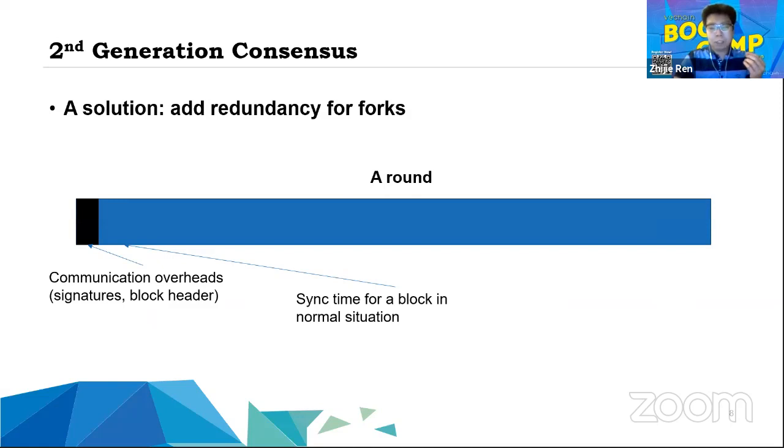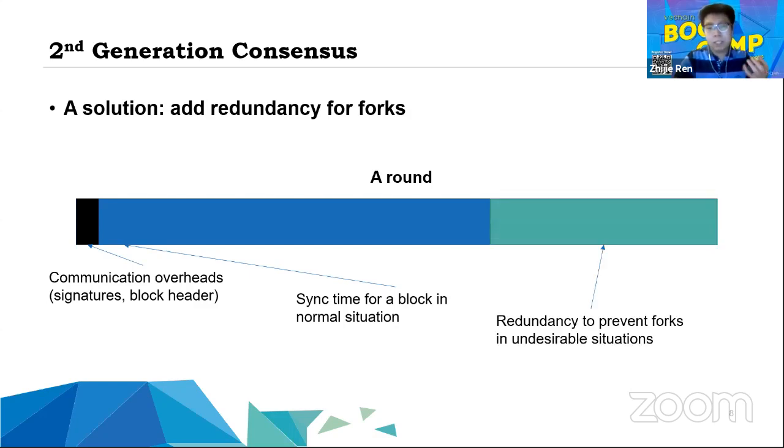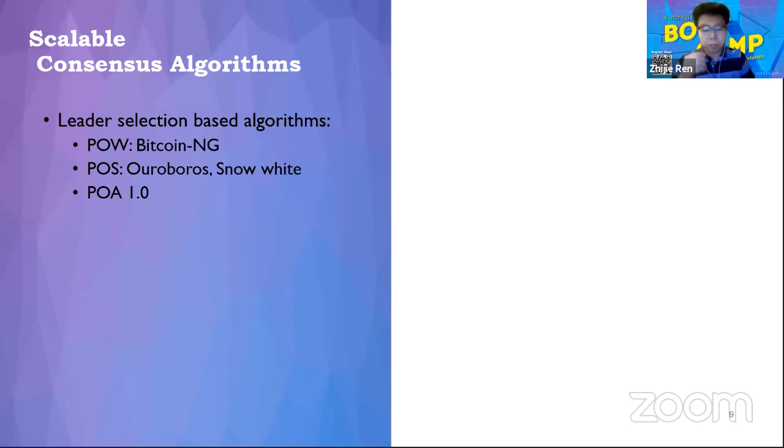And in order to guarantee that usually there is no fork, they cannot send a 10 megabyte block in 10 seconds. The only thing they can do is maybe send a 5 megabyte block, and then they reserve some redundancy so that they can guarantee for most of the time there is no fork. Many consensus algorithms use this strategy, and they fall into what we call scalable consensus algorithms. They are part of what I call leader selection based algorithms, including our PoA 1.0. It is called scalable because it scales better than Bitcoin. Bitcoin has other constraints, and this type of algorithm gets rid of those constraints,